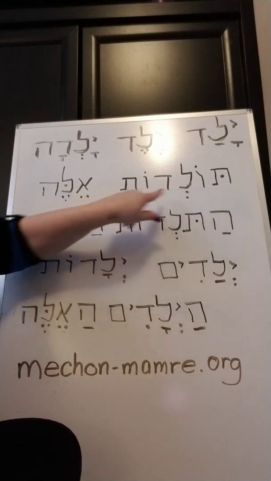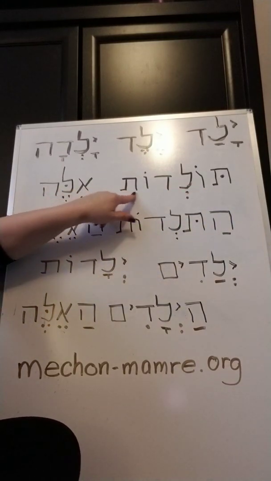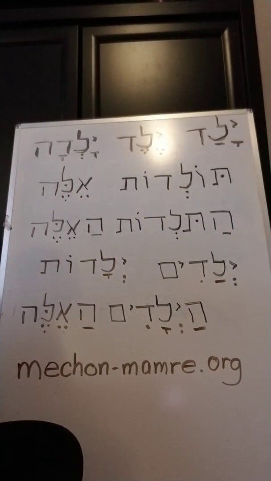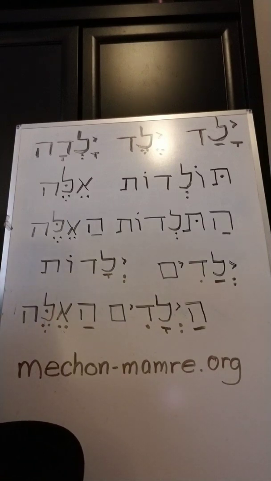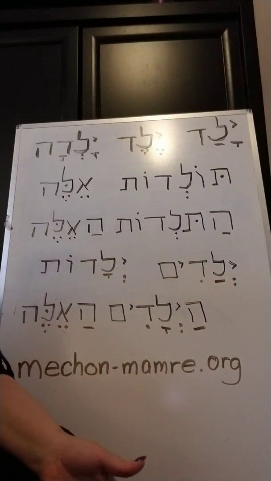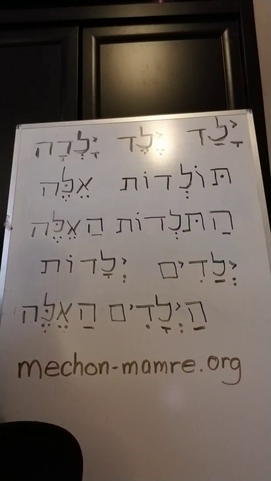And what does this mean? It's a feminine word because this is a plural ending. Ot is a feminine ending. Im is the masculine ending for plurals. And there are all kinds of exceptions to things, like the word father in Hebrew is av. But if you're going to have more than one, it's not avim, it's avot with the feminine ending. But it's still a masculine word. They're just all these little aberrations like in any language.